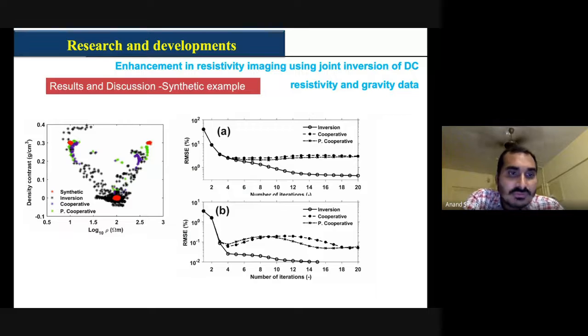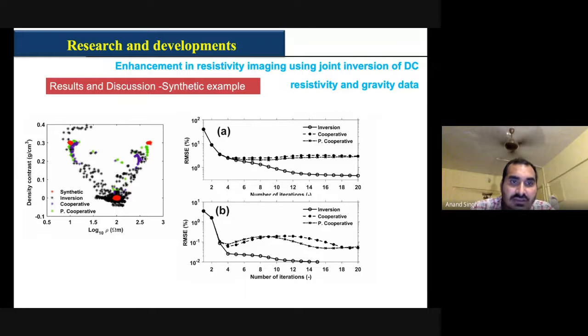Before going to the field data set, I wanted to show you that this red block you are seeing over here is 0.3, this is 0.3, this is 0, and this is 1 ohm meter, this is 500 ohm meter, and this is 100 ohm meter. Now, the black color you are seeing are all the cluster center values which you are plotting over there. You can see that they are scattered all over the place. But if you see the machine learning results, in blue color or green color, you can see that they are very confined in one particular place.